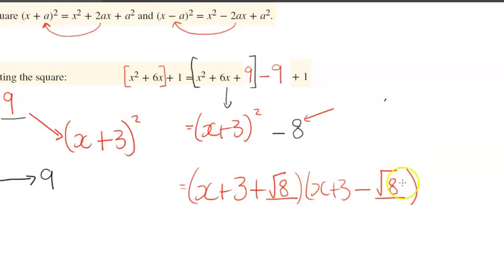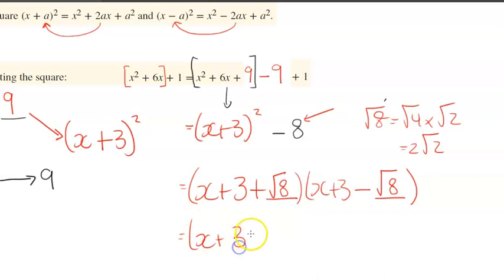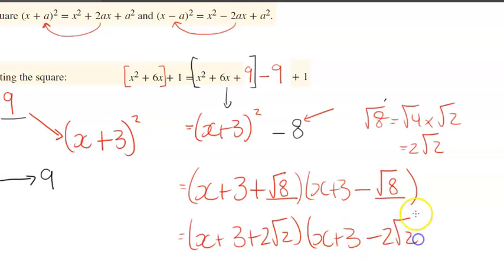Now this right here isn't fully factorized because I know that I can simplify this surd down. The square root of 8 is the square root of 4 times the square root of 2. This square root of 8 has a factor of a perfect square, which is 4. So that turns into 2 root 2. X plus 3 plus 2 root 2, x plus 3 minus 2 root 2. Alright, so here is our finalized